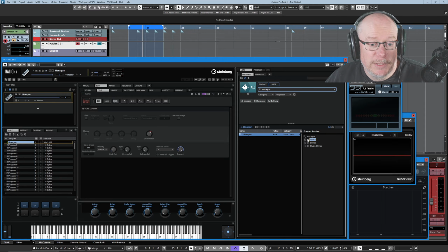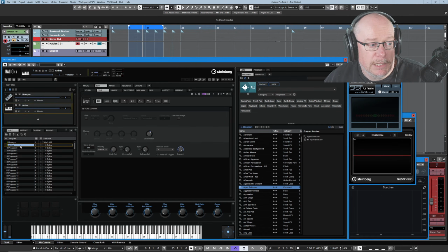So what I'm now going to do is load the Anima layer of the Hexagon program directly into slot number 2. So I'm going to pick it up, I'm going to drag it over into the slot rack, and I'm going to hover over the plus icon. You can see that red box appear. If I let go now,